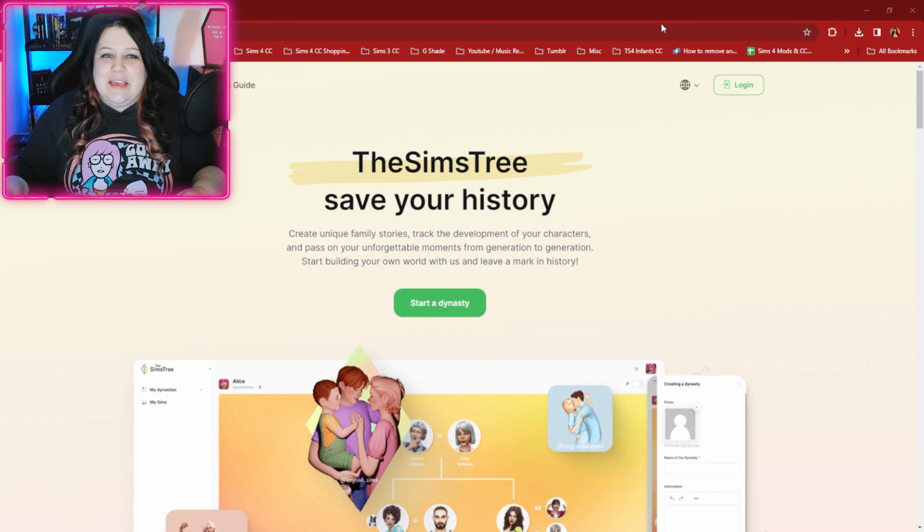Today we're going to be doing something a little bit different than my usual. We are actually going to be taking a look at an online website and app called TheSimsTree. This allows you to put together your own Sims family trees to showcase your legacies and your dynasties. You can also publicly share them with friends and really put in a lot of cool details about your Sims